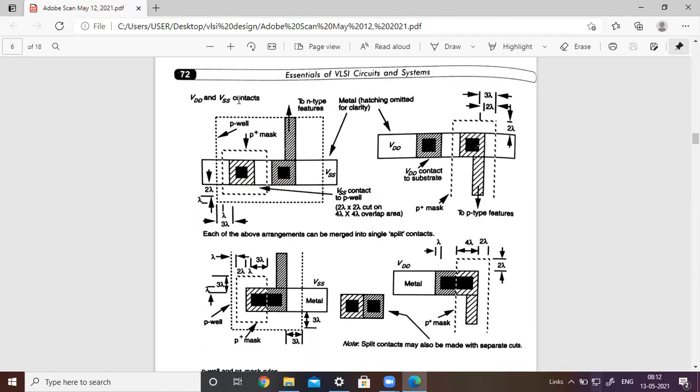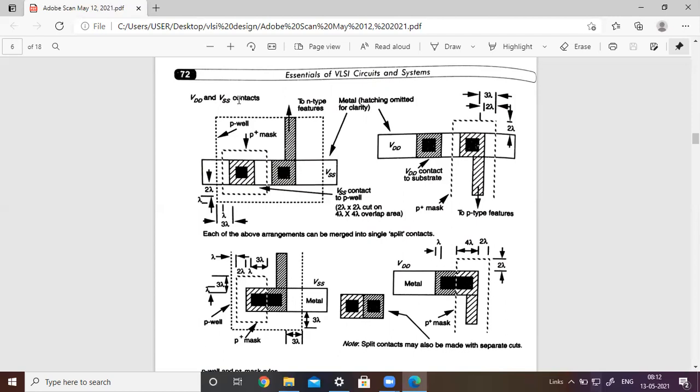So you are having a substrate terminal. On the substrate, we are going to make a well. That is a P well. For example, whenever you want a P well structure, you require the opposite material, that is an N type substrate material. On the N type substrate material, we are going to deposit a P well structure. Okay, P deposition will be positive. So in the N substrate, we are going to make a P type transistor, and in the P well we are going to construct an N channel FET. That means in the same substrate, in the same silicon, we are going to make two transistors at the same time. That's why this P well is most widely used.